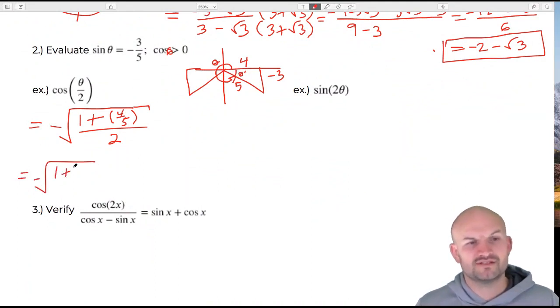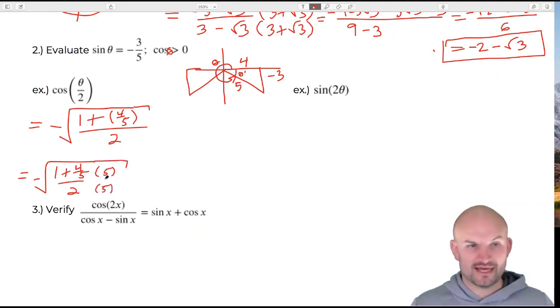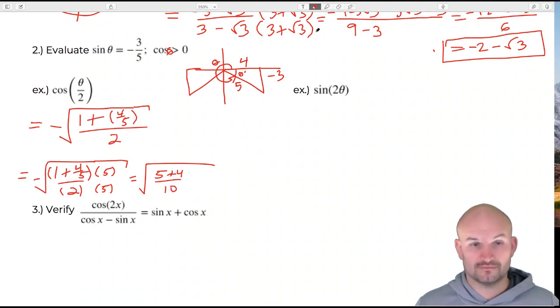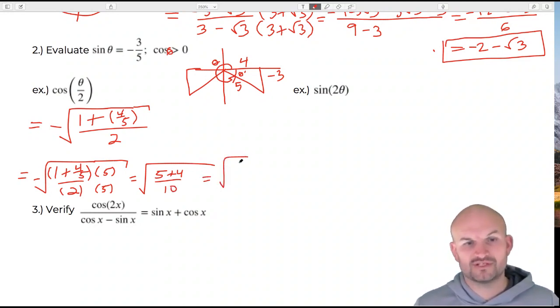So 1 plus 4 over 5 divided by 2. I'm going to multiply by a 5 over a 5. And again, under the radical, you can go ahead and do that. Again, we're not changing anything. Okay, so when I do that, I now obtain a 5 plus 4 all over 10, which I can now break into the square root of 9/10,